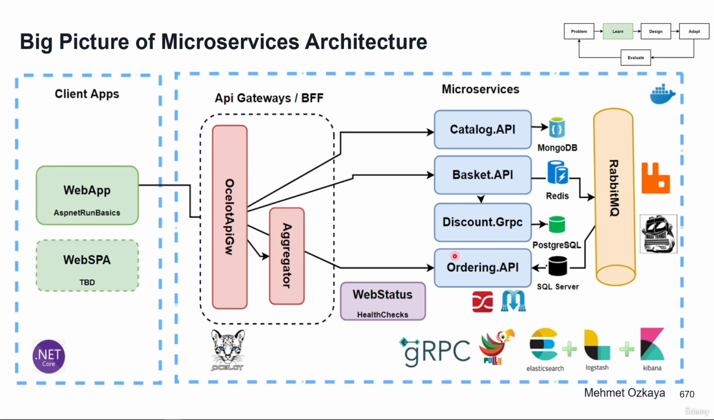NuGet libraries. And basically this ordering microservice consumes the RabbitMQ basket checkout event queue using MassTransit and RabbitMQ configurations, and as a database it uses a relational SQL Server database, using Entity Framework Core for the ORM and auto migrate for SQL Server. And this is the ordering microservices that we are going to examine and code review in